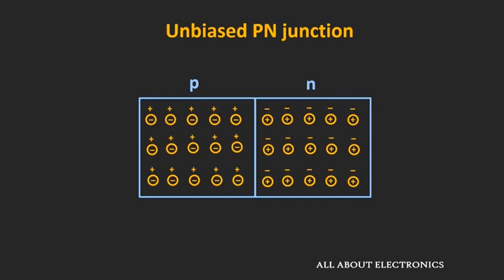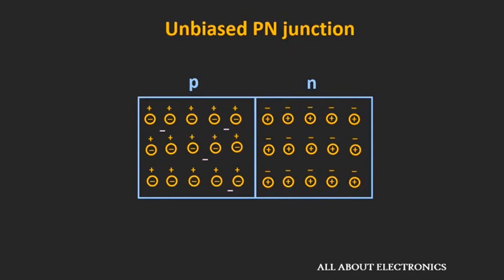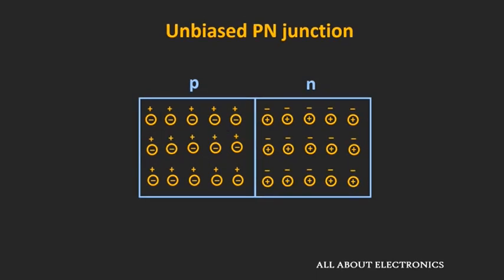Now, due to the doping, there is a large number of electrons on the n side, but very few electrons on the p side, because on the p side, the electrons are minority carriers. And whenever these p and n regions are joined, the electrons from the n side start diffusing towards the p side. Whenever an electron enters the p-type region, it becomes a minority carrier. And being surrounded by so many holes, its lifetime will be very short, and due to that, it will get recombined with these holes.